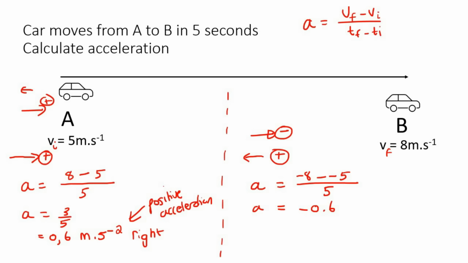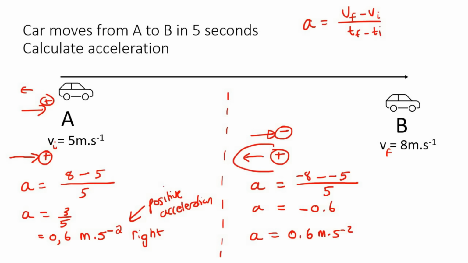They say, oh, look, the acceleration is negative, so what that means is that the car is slowing down. That is not true. The car is definitely not slowing down. It's speeding up. So remember, what we then do is we go to the next line and we say that the answer will be 0.6 meters per second to the -2. Now,